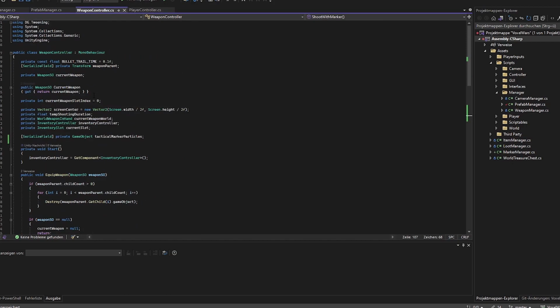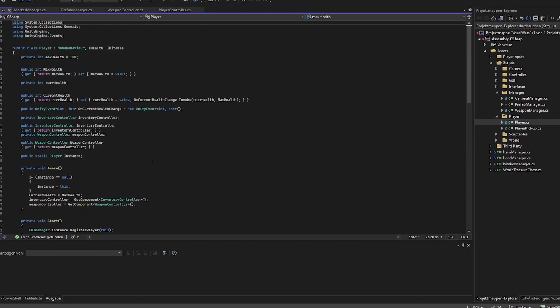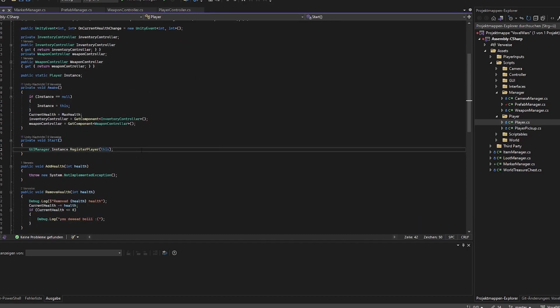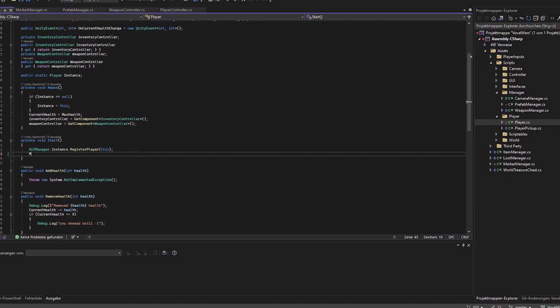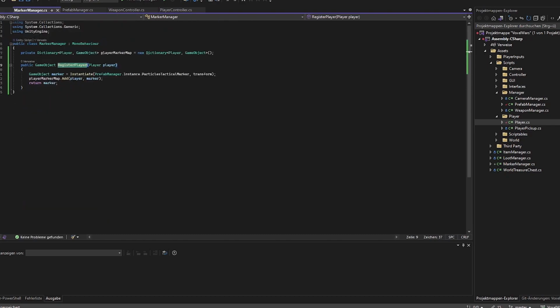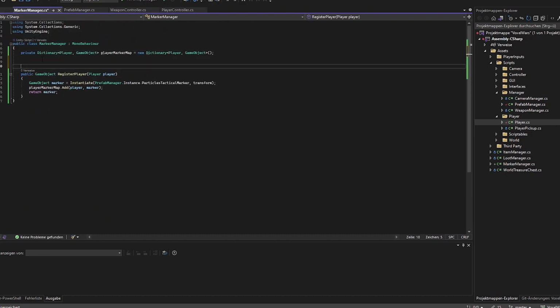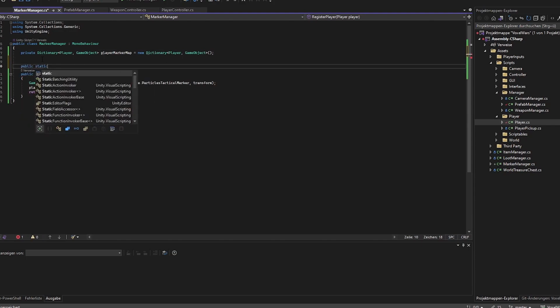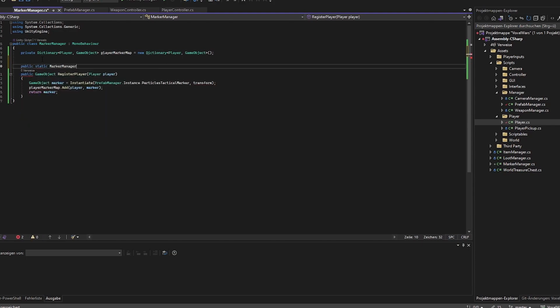We can call it on the weapon function. Can we? Nope, this should be on the player. So let's go to the player, and in the start function we also register this on the marker manager. So let's get it right here, MarkerManager.instance.RegisterPlayer, this one. And then we want to make the marker manager a static class. So static MarkerManager